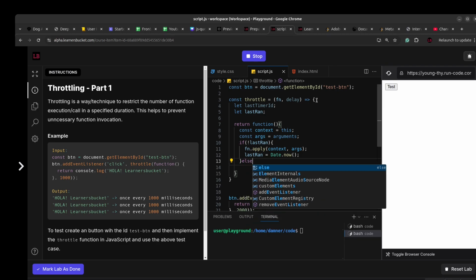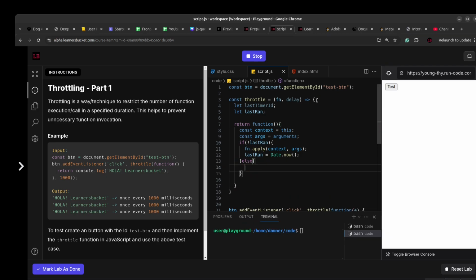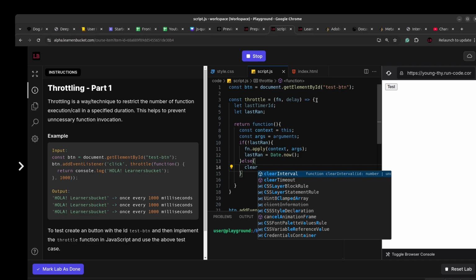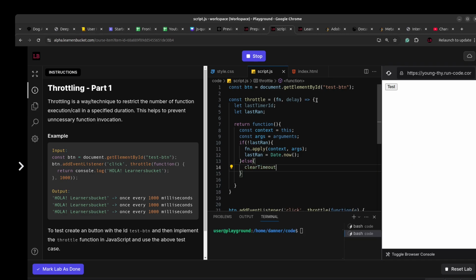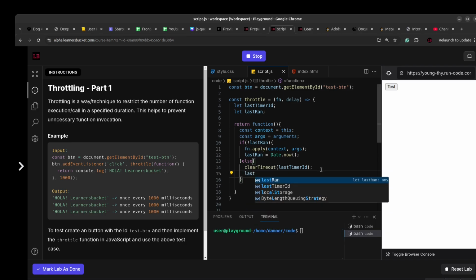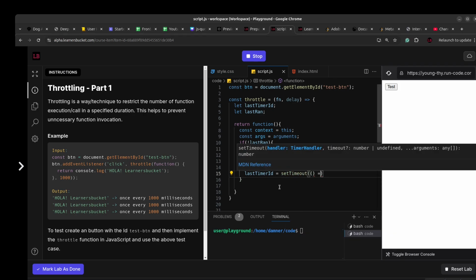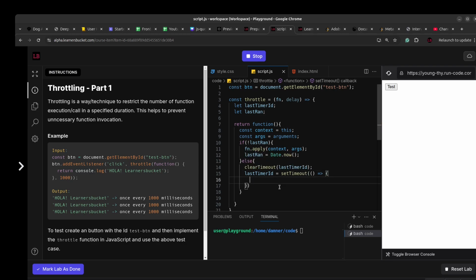Otherwise, if the function was invoked, then we have to add a check. So clear timeout. If the function was invoked continuously, we want to reset the timer. For that, I'm going to clear the timer ID, and here we'll say that last timer ID equals setTimeout. setTimeout returns a timer ID which can be cleared, and inside the setTimeout we are going to have a condition if Date.now